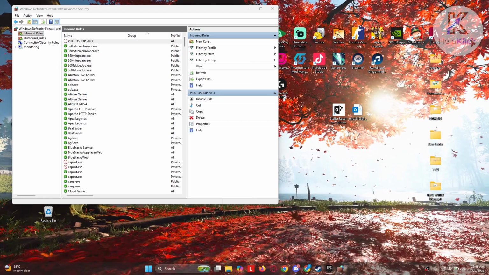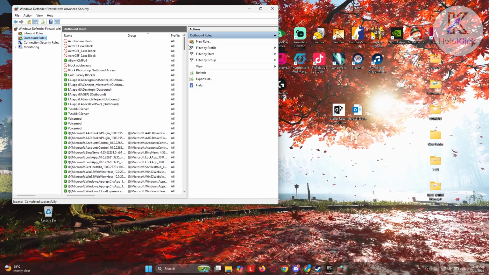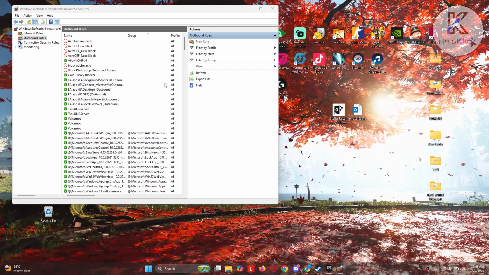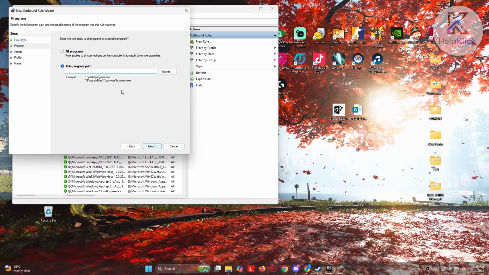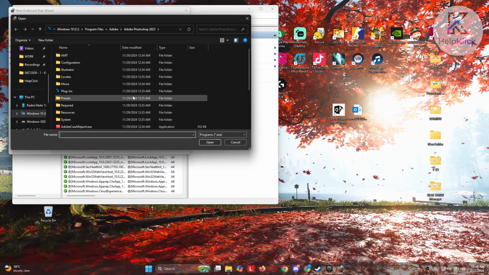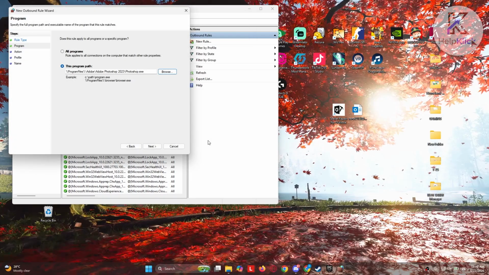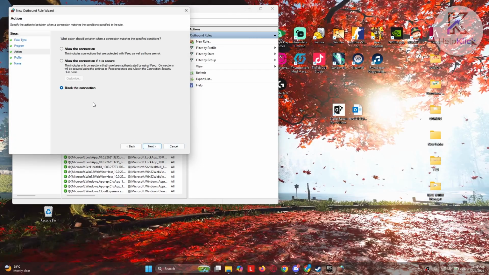Next thing that you want to do is go to outbound rules here, click on new rule here, and from here you want to choose program again, click on next, click on the browse option again, and you want to again find Adobe Photoshop. Let's select this one, click on open, click on next here, click on block connection again, and